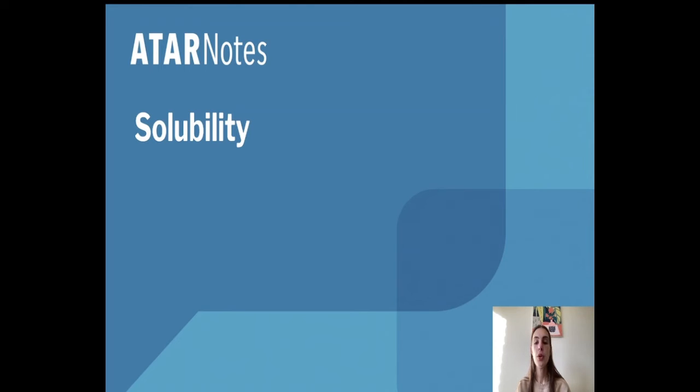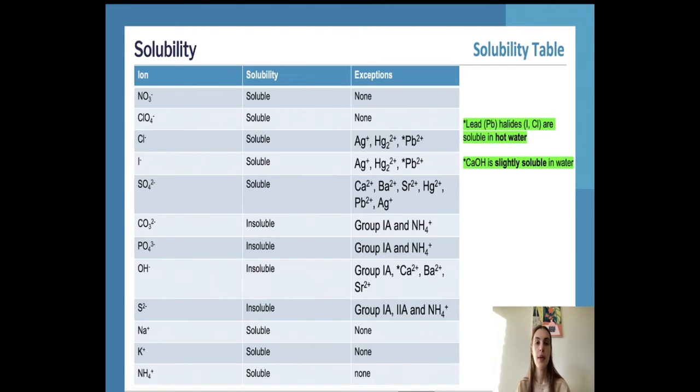We're now going to go on to talking about solubility, and this links in quite well with our concept of aqueous solutions. First of all, you need to become very aware of the solubility table. The solubility table is present in your data booklet, and it's going to be a lifesaver for you. It's very useful. Basically it's just a big table which tells you what is able to be dissolved in what. So it tells you the ion,